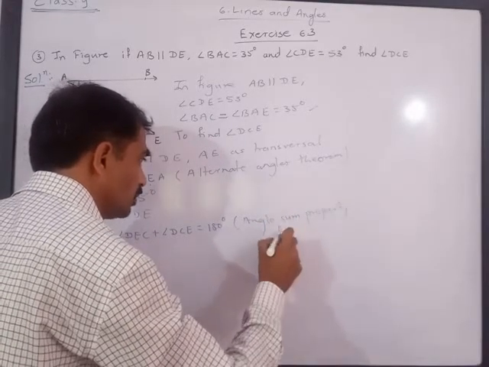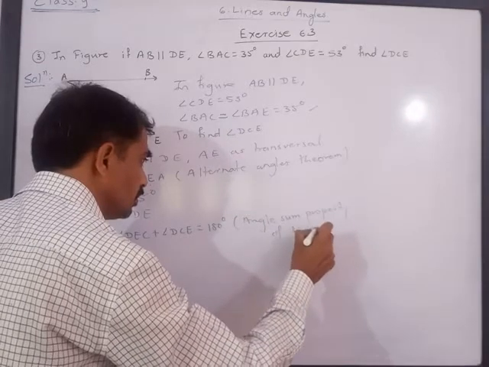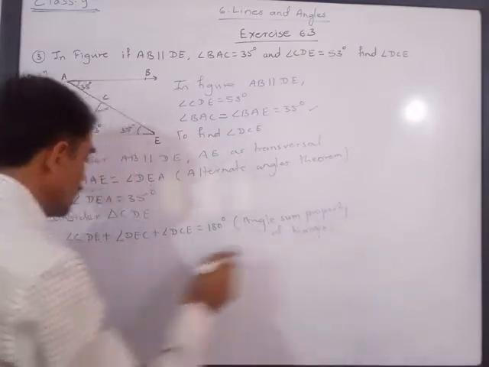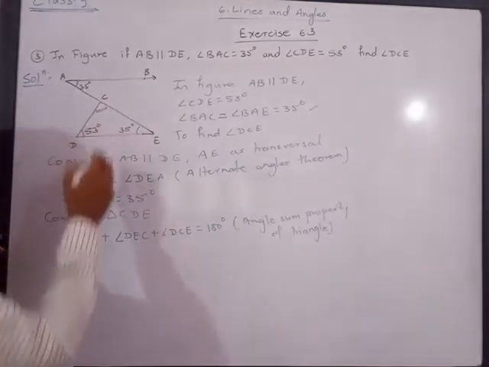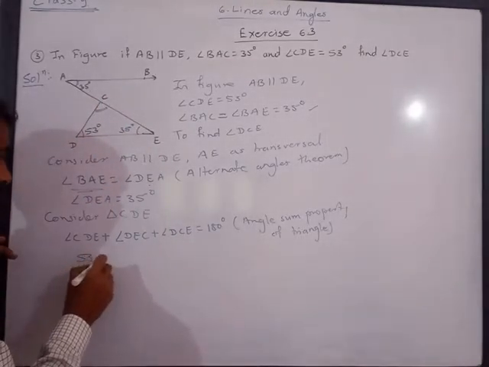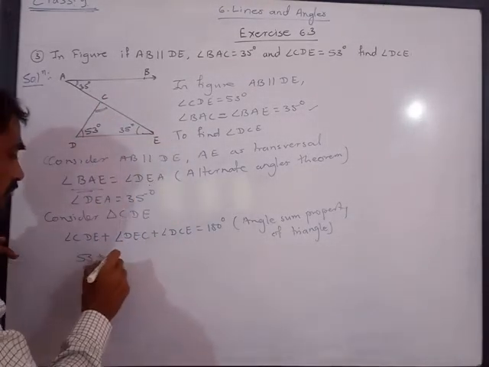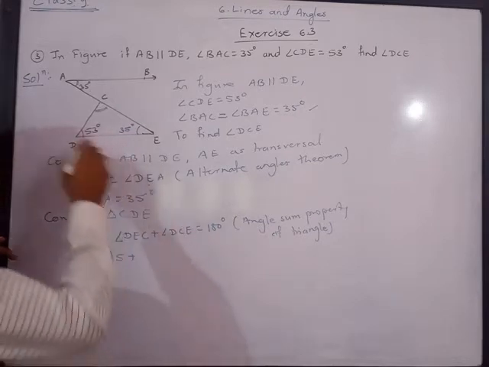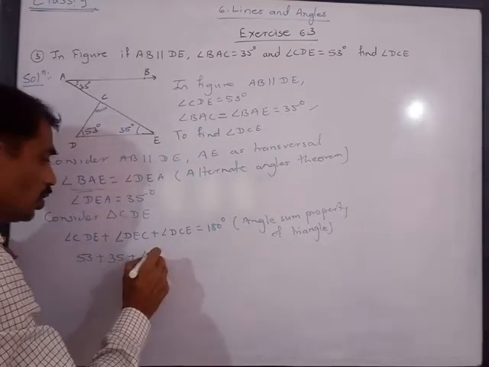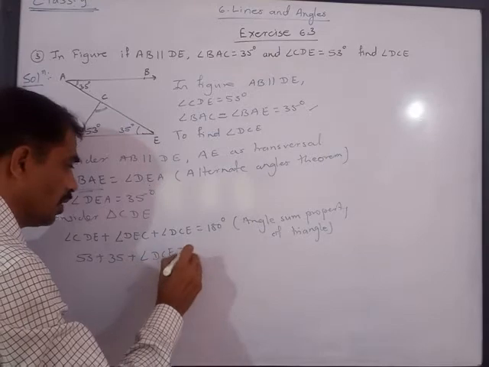It means CDE is 53, DEC is 35, plus angle DCE is not known to us, so we'll keep it as it is,